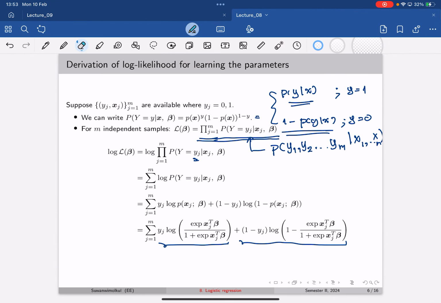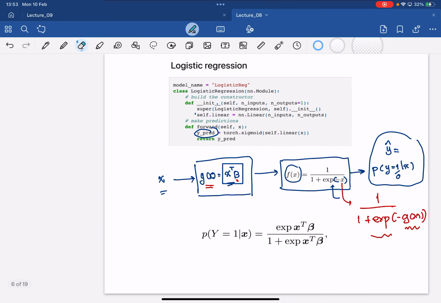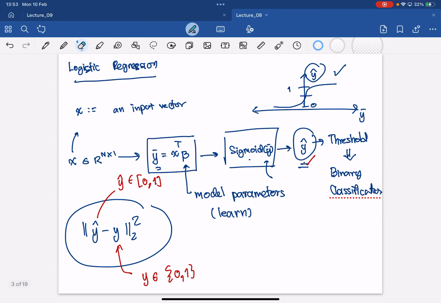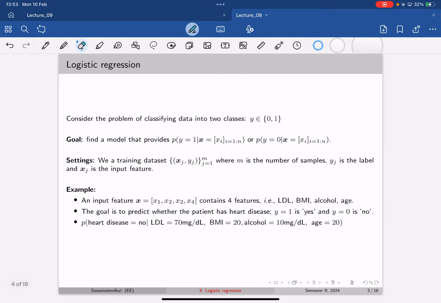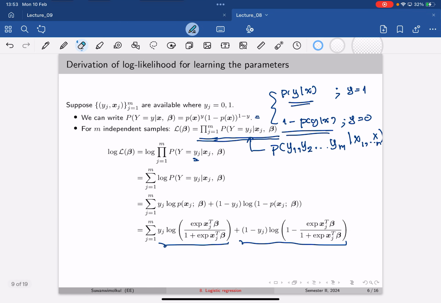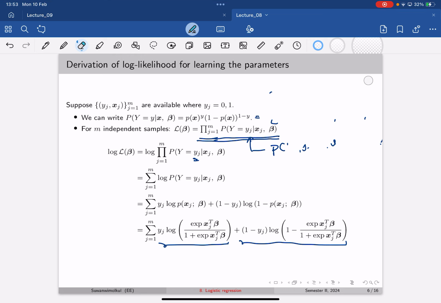Okay, so what we will use instead of that least square loss, because as we see, the output of this sigmoid function is a value between 0 and 1, and the reference that we use is strictly 0 or 1. That's why we don't want to use the mean square error, but we can use it if you want to, but the performance will not be as good. And how about this binary